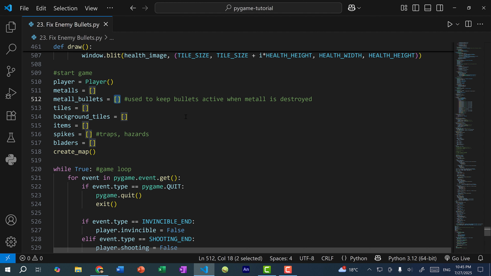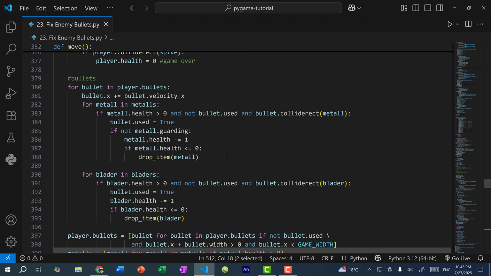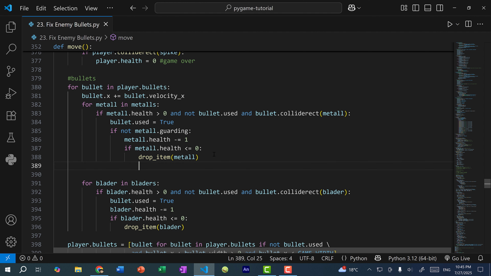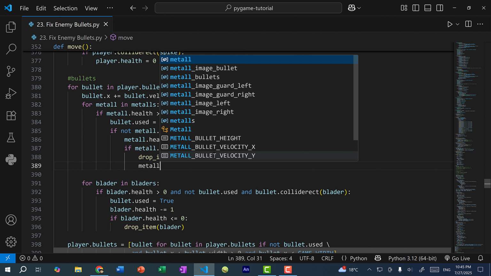So let's go up to our move function where we check for whether a metal is destroyed. And over here, a metal can be destroyed by player bullets. So over here, if metal.health is less than or equal to 0, that means it is destroyed and it will drop an item. And we can do